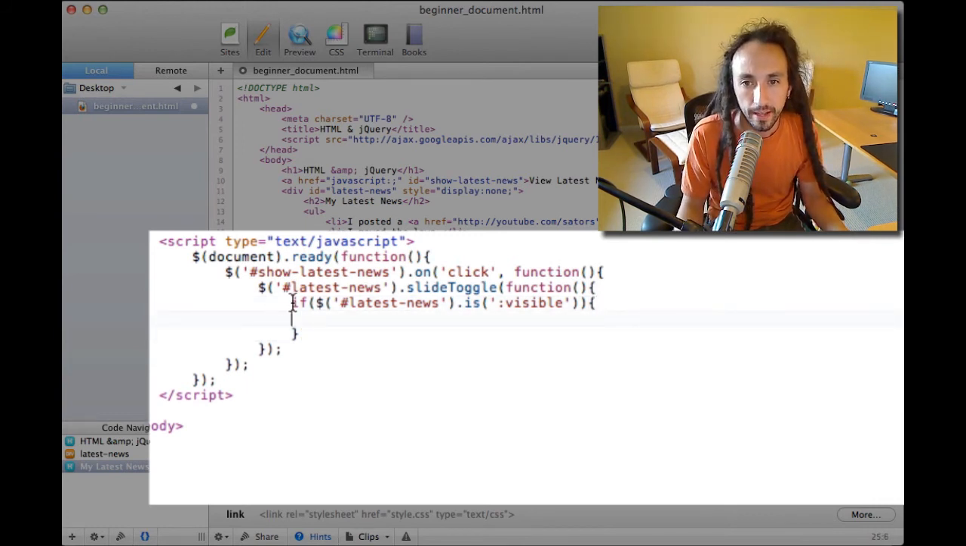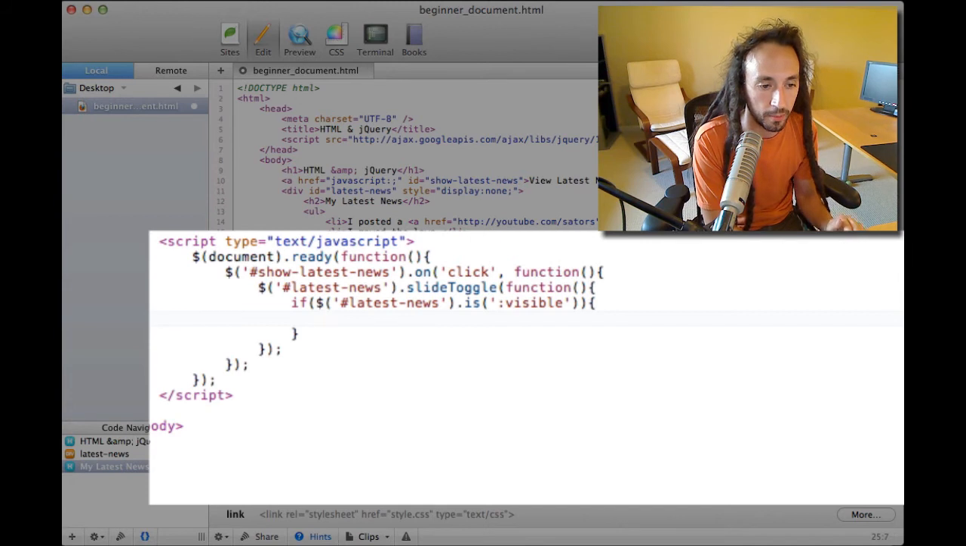So here's what we got. If latest news is visible. So this is either going to return true if the latest news is now showing, or it's going to return false if the latest news is now hidden. Now remember, this function is not going to fire until after the animation is complete. So I can know that the animation will be complete whether it is showing or hiding. So I can then say, whoops, $,